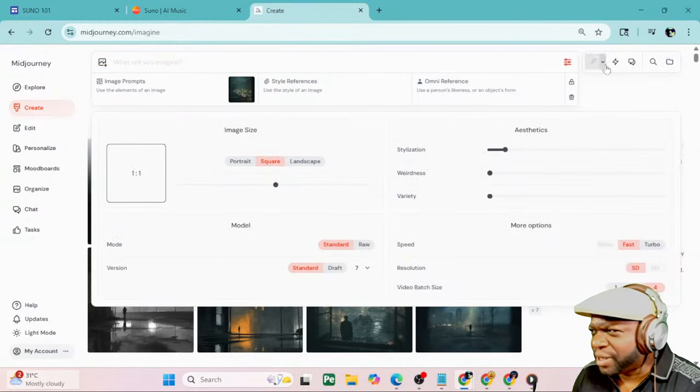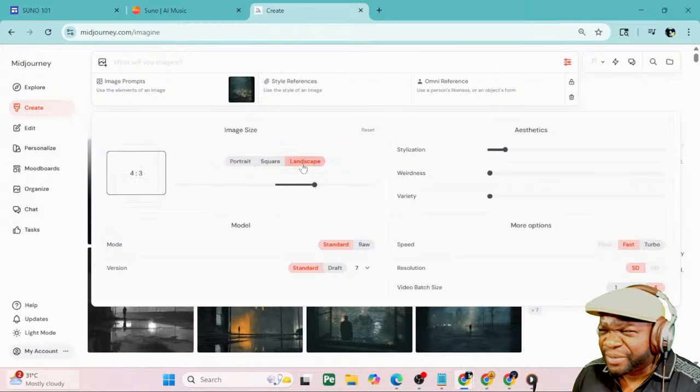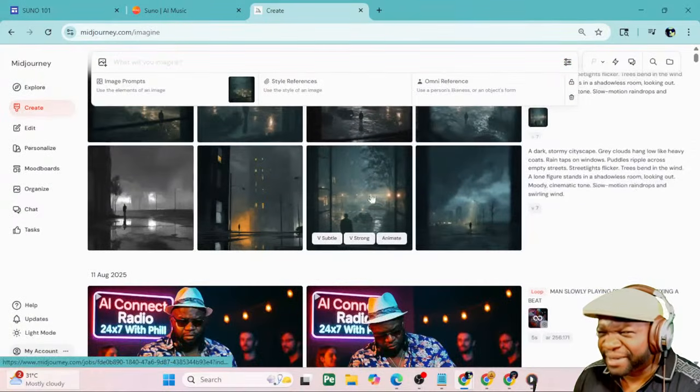Yeah, this isn't working as I remember it. Unfortunately, I might have to go back to the drawing board. So landscape, I think all it did is it took the same image and recreated it,